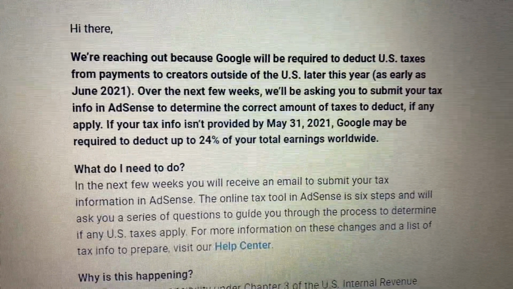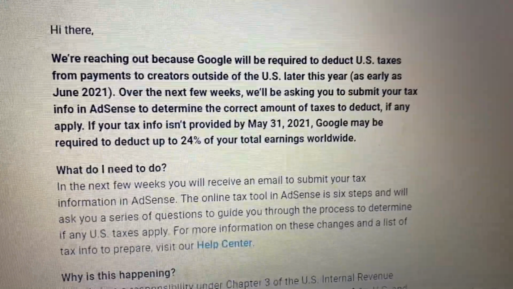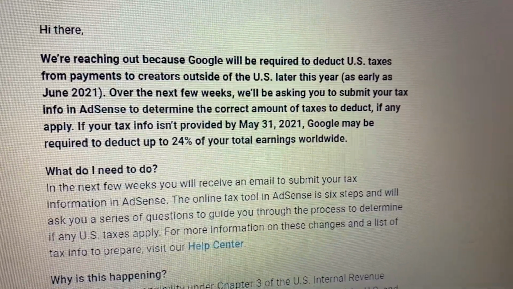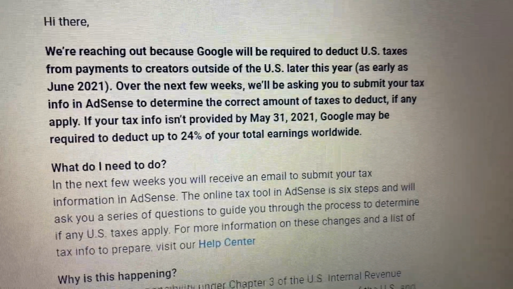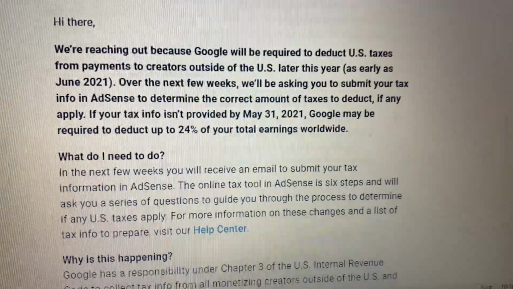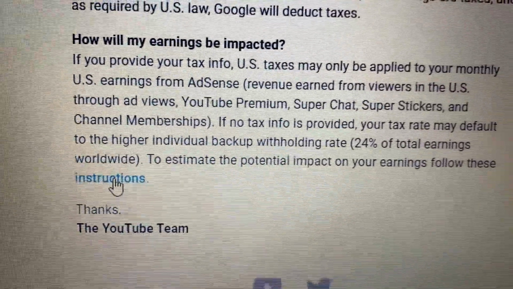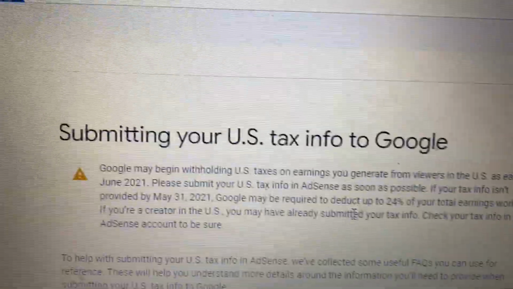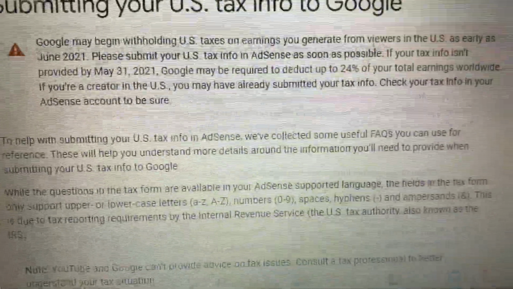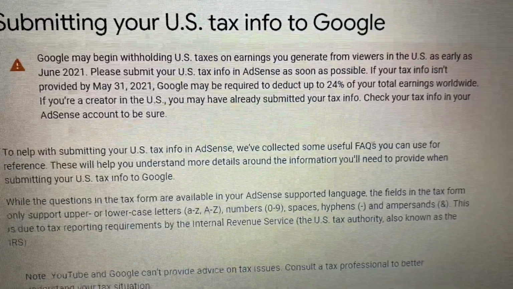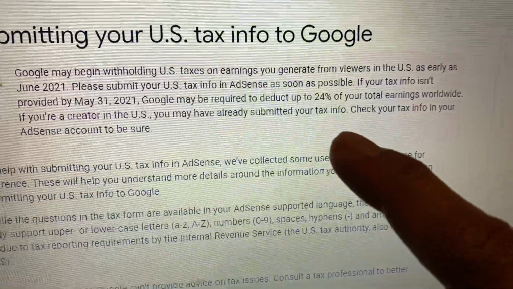I presume that most of you have already received this kind of email from Google. You will be required to deduct US taxes from payments to creators outside of the US later this year. Okay, so let's move on to the next. Once you get this email, just scroll down and click instructions, and then another screen will appear. So this actually applies to those YouTube creators who are outside the US, because if you are already residing in